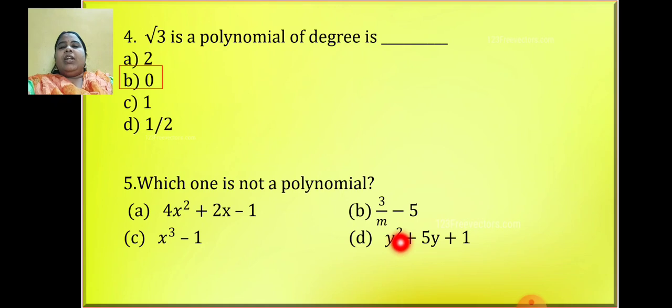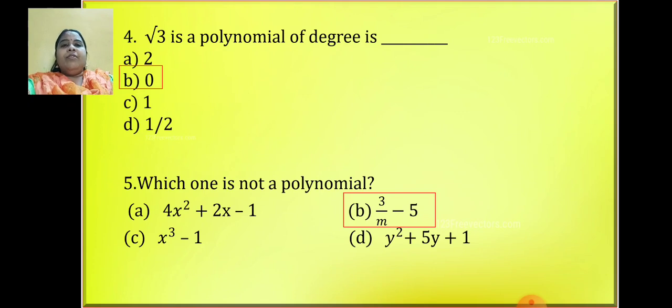Look at the last one. Again 2, whole number. But when I have a look at this, it is 3 upon m. M can be taken up and it can be written as m raised to minus 1. Laws of indices. Okay. So the degree is not a whole number. It becomes a negative number. So out of all this, which one is not a polynomial? Option B. I hope you have recollected everything and you are understanding it very well. Please write all this. This is a format. I am not telling you exactly the same sums will be asked.